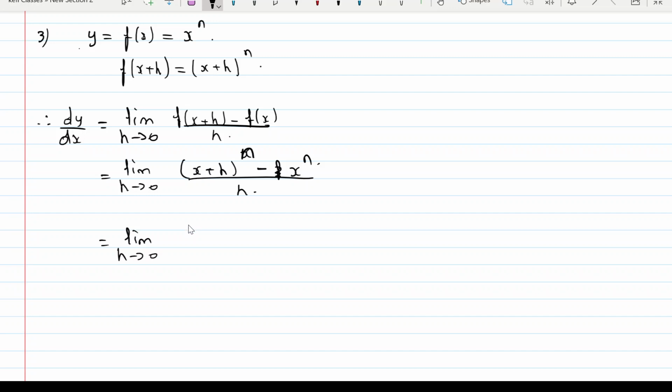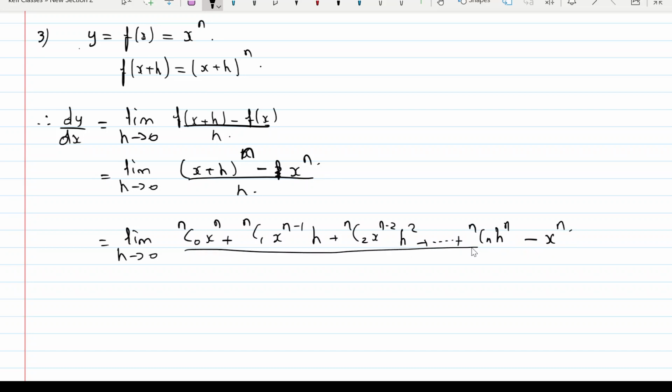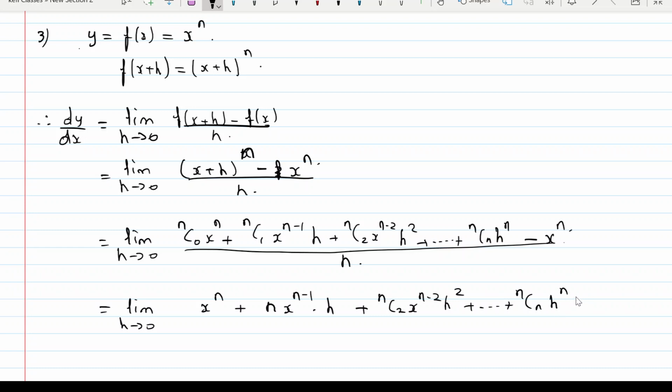which is equal to limit as h tends to 0. And if I use binomial theorem, I'll get this as nc0 x raised to n plus nc1 x raised to n minus 1 h plus nc2 x raised to n minus 2 h square, so on till you get ncn h raised to n, minus x raised to n, divided by h, which is equal to limit as h tends to 0. nc0 is 1, so it's x raised to n. nc1 is n, so it's x raised to n minus 1 into h plus nc2, and this is x raised to n minus 2 h square, and so on till you get ncn h raised to n, minus x raised to n divided by